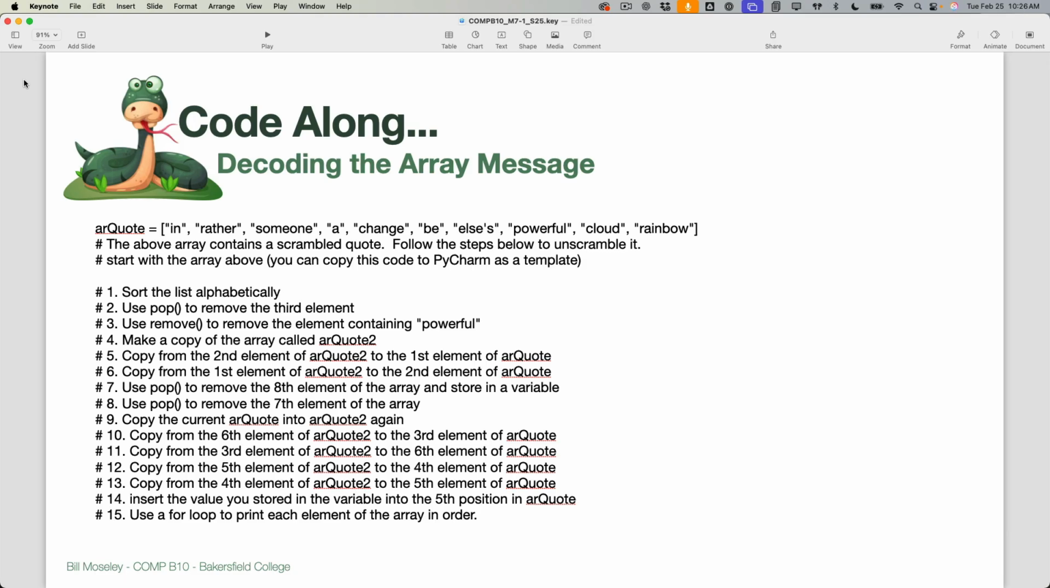But there are 15 instructions and a list here called AR quote. These are the words of a quote by a famous person. If you follow these instructions correctly, then the quote will make sense. Okay? So I'm going to take these